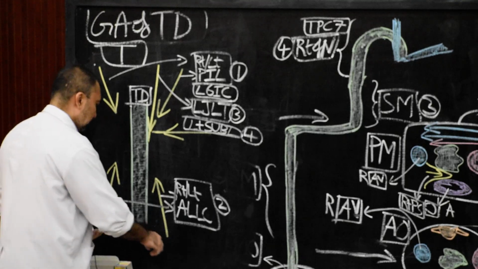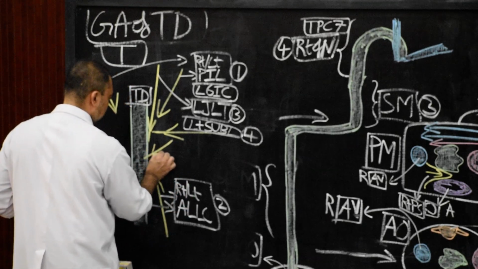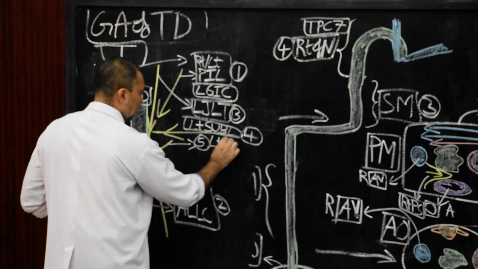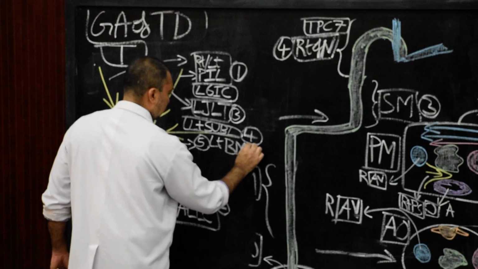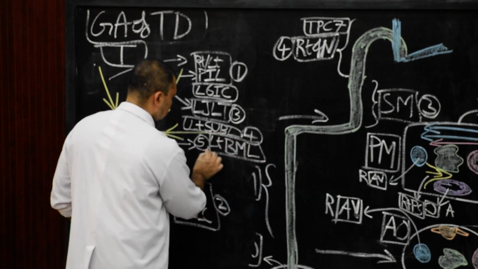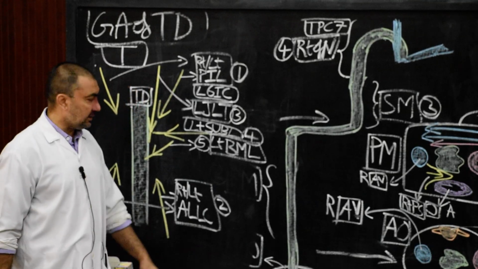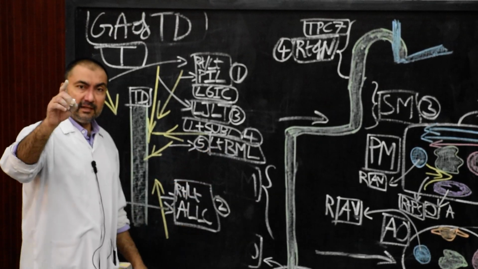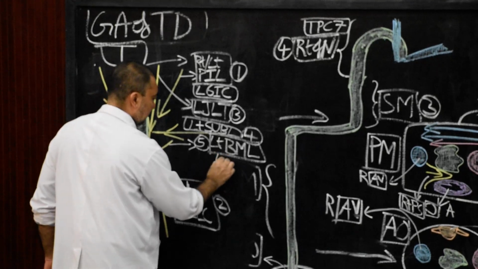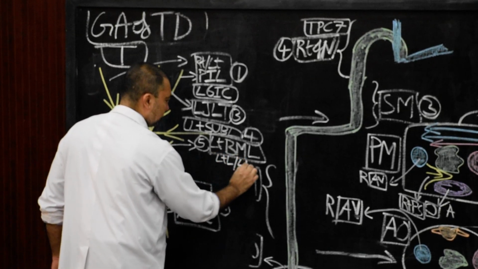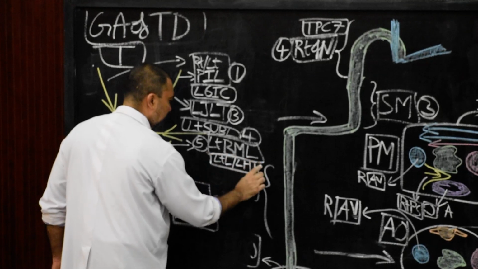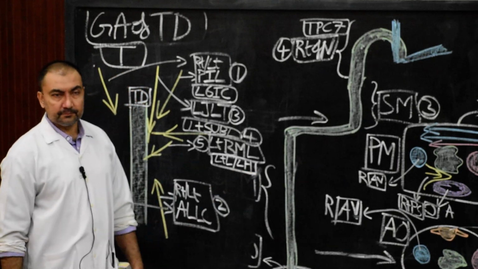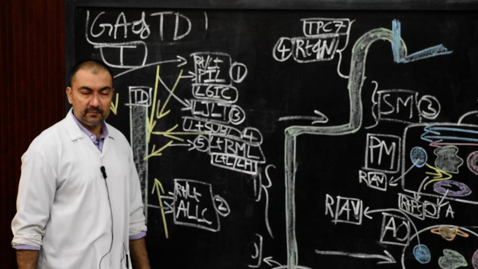Tributary number 5. Now here, this arrow, we will write down tributary number 5 as the left bronchomediastinal lymphatic trunk. Left bronchomediastinal channel or left bronchomediastinal lymph nodes. Where will they drain from? The left lung and left side of the heart. So please note down the left lung and left side of the heart. This is really very, very important. The left side of the heart and the left lung through left bronchomediastinal lymph node. That is tributary number 5.